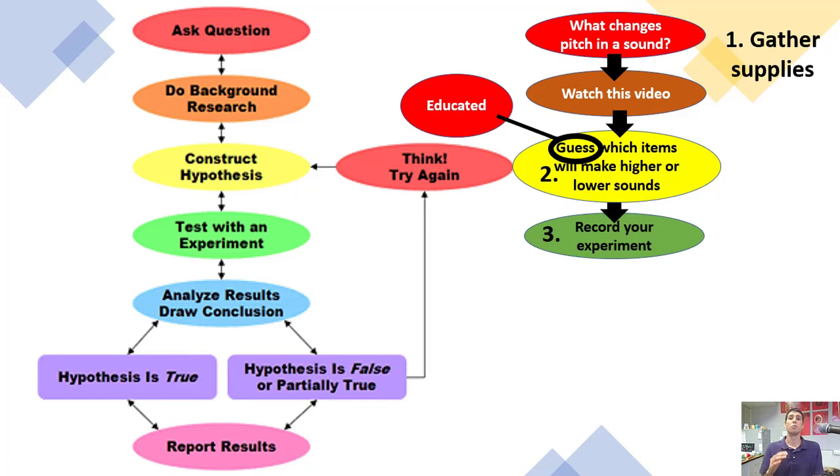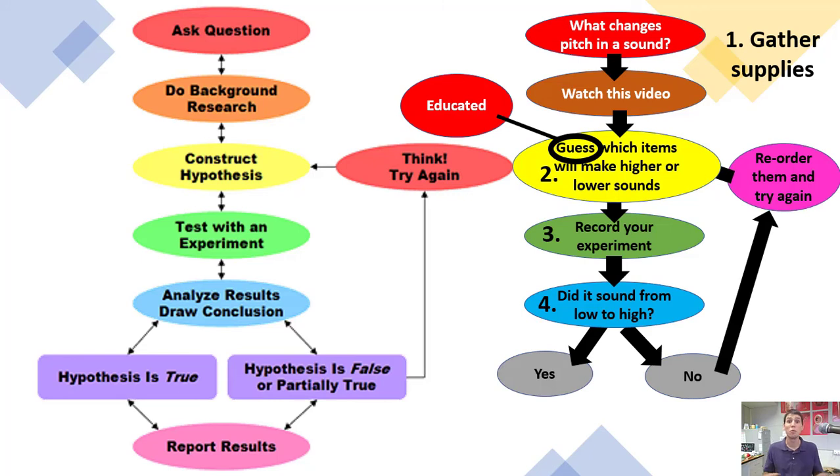And then you are going to record your experiment. While you are recording your experiment, make sure that you're also listening, because if you're only focusing on recording, you might forget to actually listen and try to decide, was that actually lowest to highest? If not, no worries. So you're just going to, after deciding like that wasn't lowest to highest, move them into a different order, and you're going to just do it again until you get it to lowest to highest. And then once you have it lowest to highest and that answer is a yes, then you're going to just submit your video.